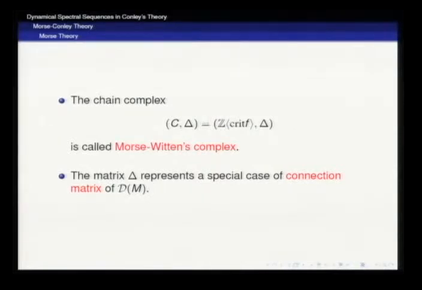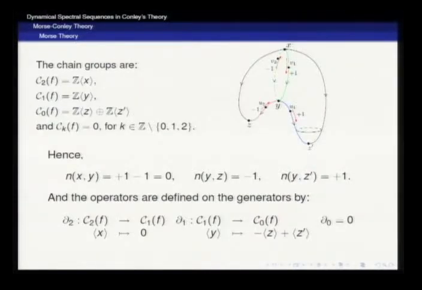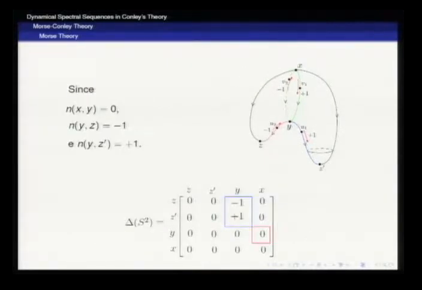Okay, DM, we'll talk about it later, is just the Morse decomposition that we use in Conley's theory. But for us, it's just the collection of all the critical points. Okay, so here in the same example we just showed, we have the chain groups generated by the index 2 critical points, the index 1, the index zeros. So here are the chain groups. We have the n's, which we need to define the boundary operators. Okay, so this is just to illustrate what we have.